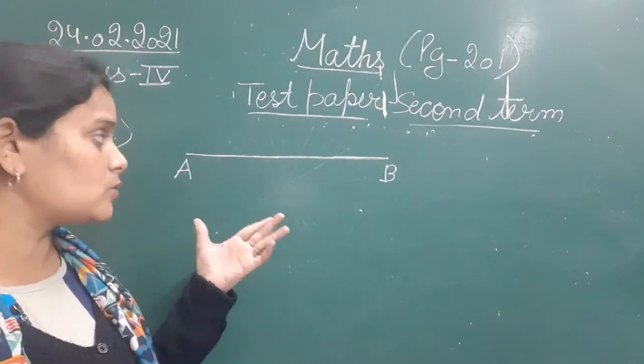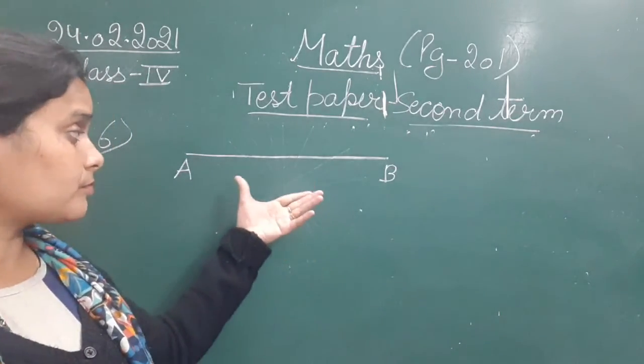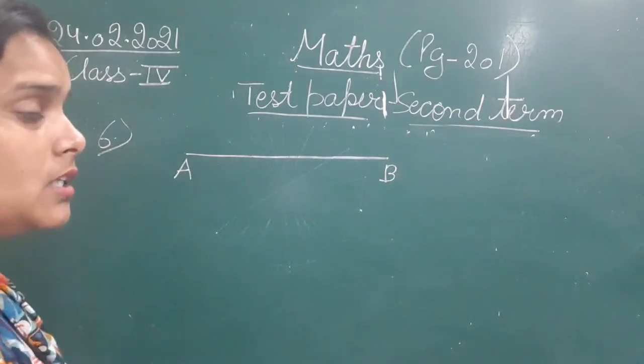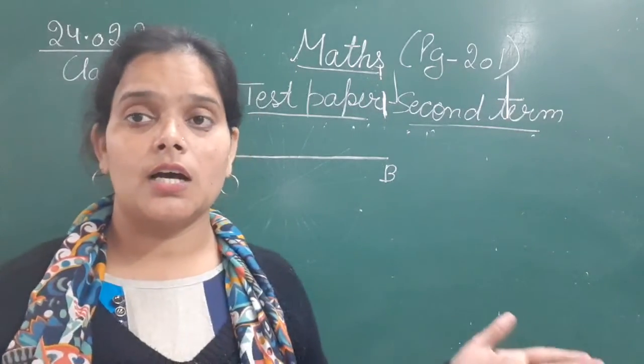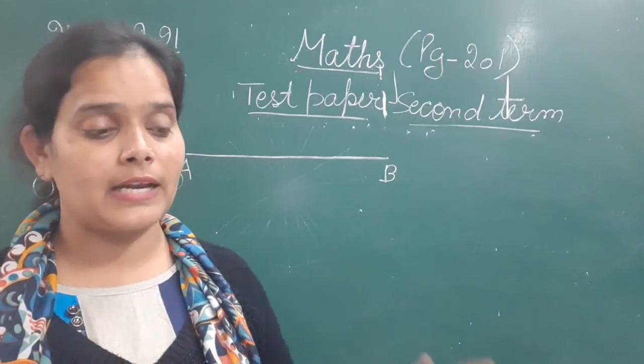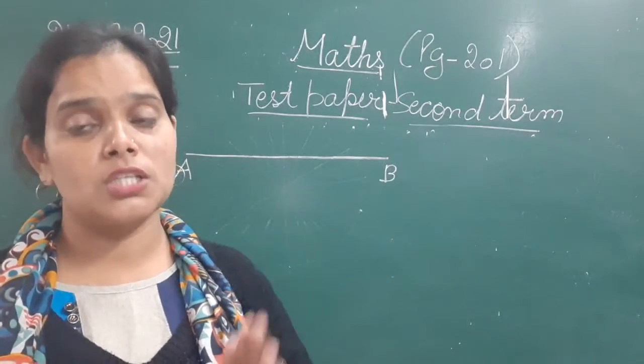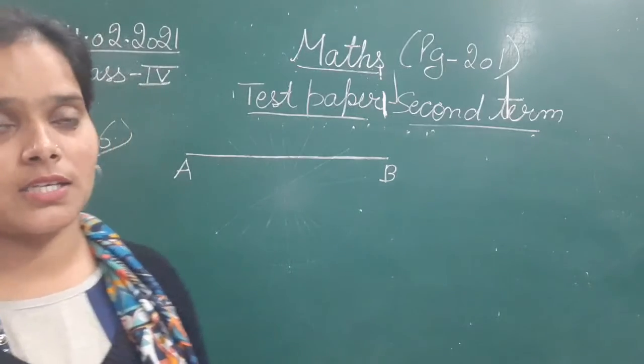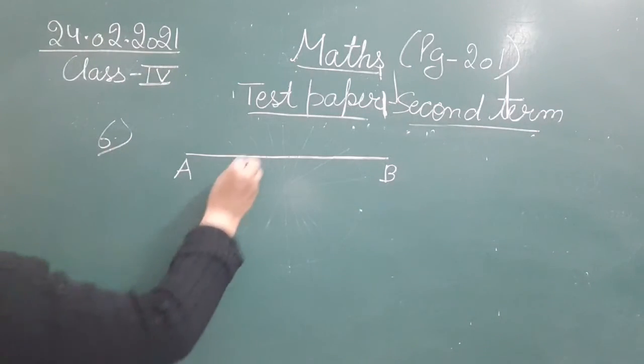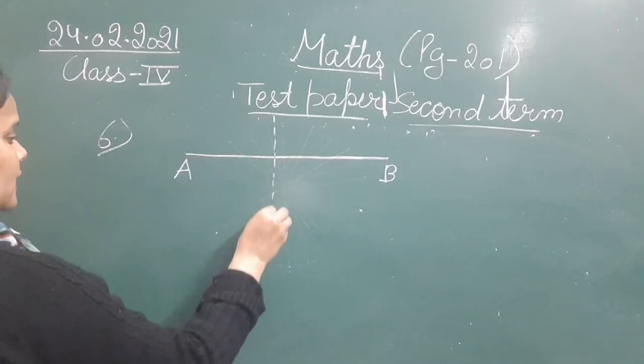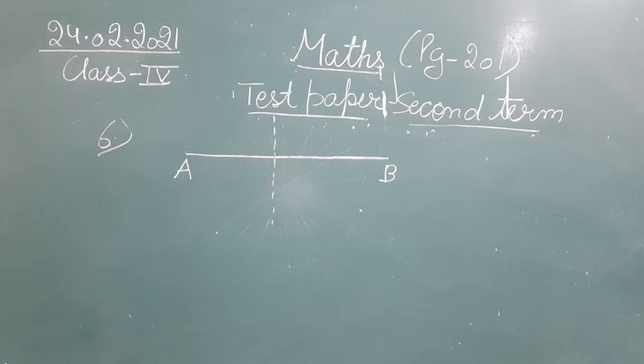This is the question. Okay, so first of all, let's see here. Lines of symmetry means a line that divides the given figure into two equal parts. Line of symmetry means mirror line. Okay, जो दिए हुए figure को दो equal parts में divide कर सके. So as we can see, this AB can be divided like this. अगर आप इसमें से ऐसे line of symmetry draw करोगे, so you can divide this given line segment into two equal parts. इसके अलावा any other method that you can divide this given line into two equal parts.